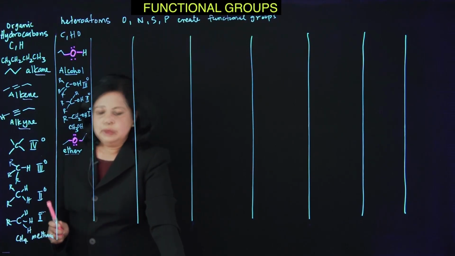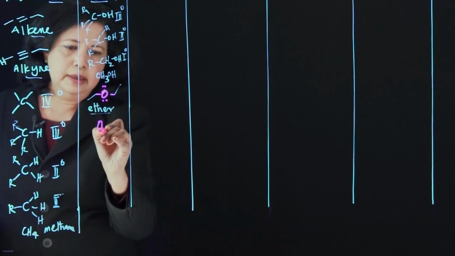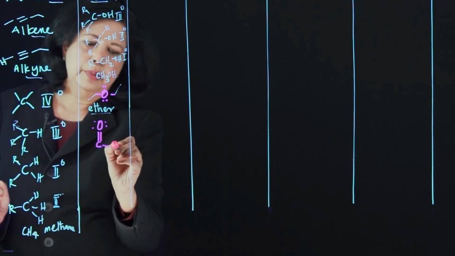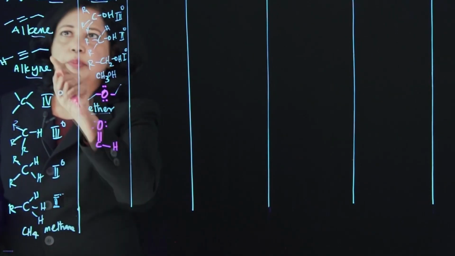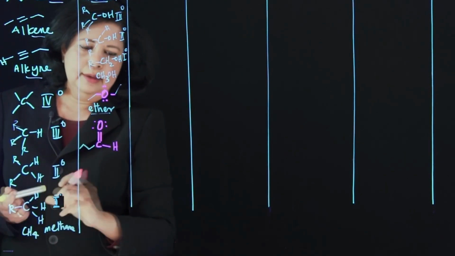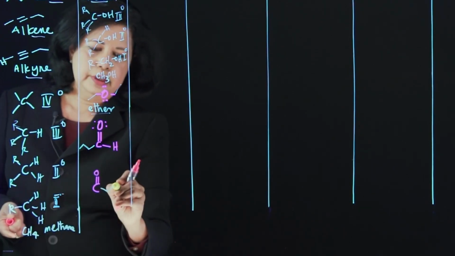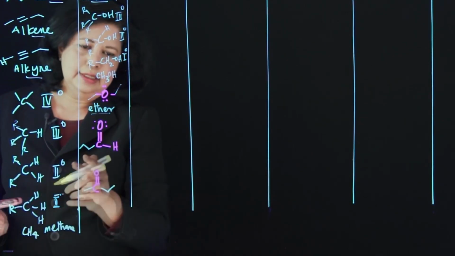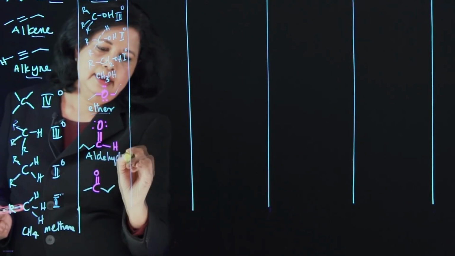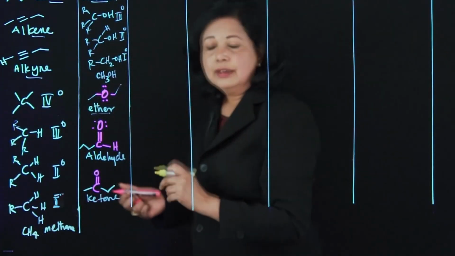Well, we did draw some Lewis structures, and we put our oxygen with a double bond. We can put the oxygen with a double bond here, and we can either put a hydrogen here at the end, or we can put it in the middle. And these are both important because you're going to learn a lot of reactions with these. Aldehyde, and ketone. Anything else you can think of?